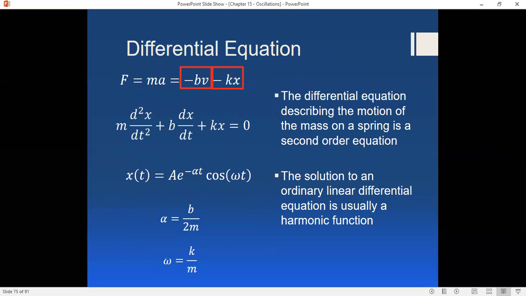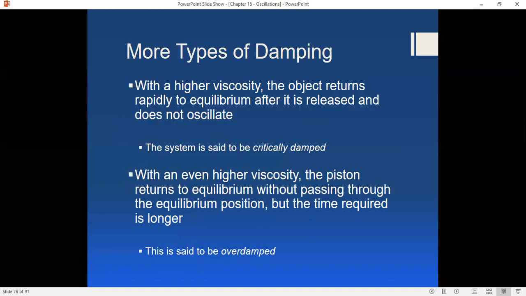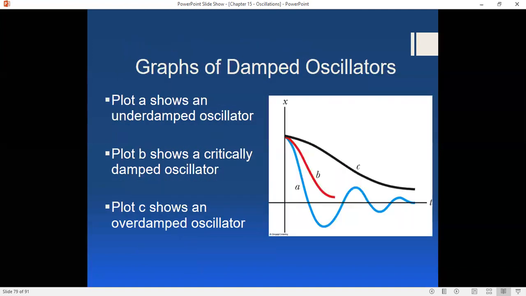Okay? Basically, oops, B is less than K. That's the way I should write it. All right. Not exactly, but, imagine that. What happens if I make that viscosity term, that damping term, really, really large? Well, once I make B large,